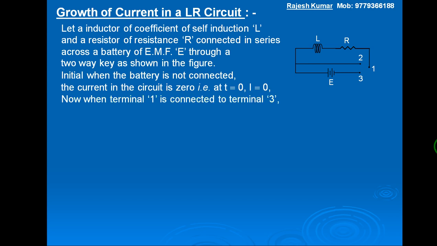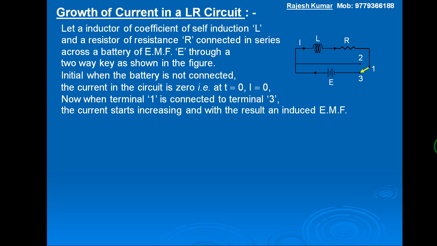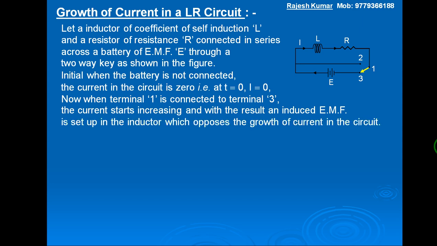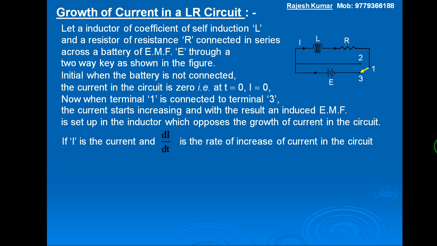Now when terminal 1 is connected to terminal 3, see in the diagram, terminal 1 is connected to terminal 3, the current starts increasing. See in the diagram, current starts increasing. At any instant, let it be capital I. And with the result, an induced EMF is set up in the inductor which opposes the growth of current in the circuit. If capital I is the current and dI by dt is the rate of increase of current in